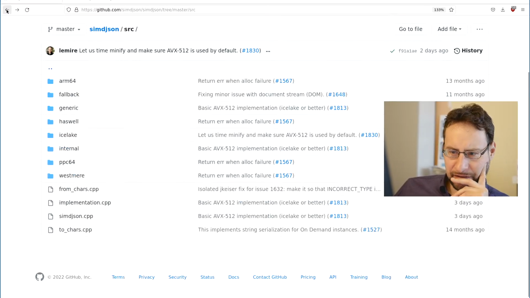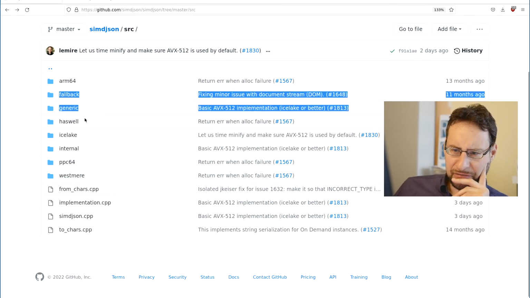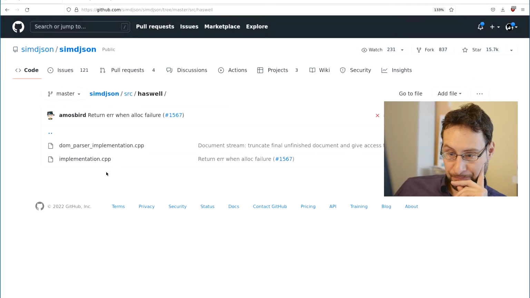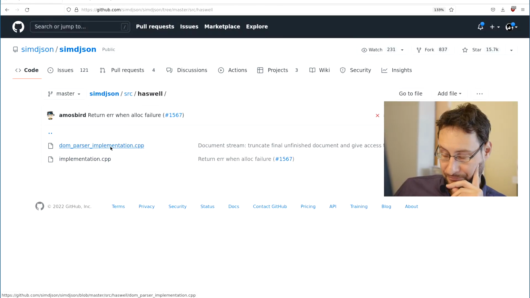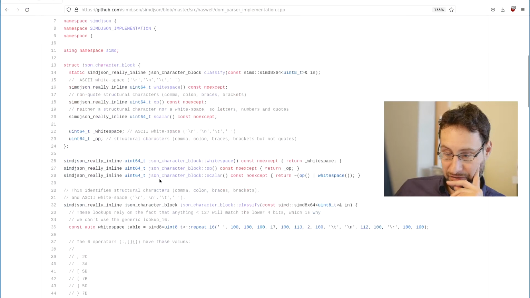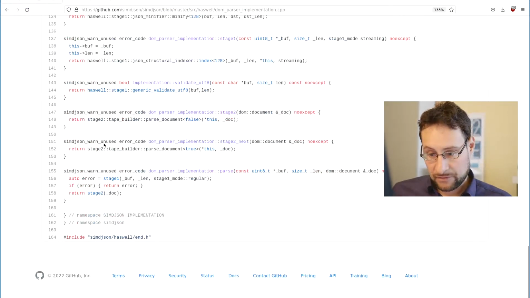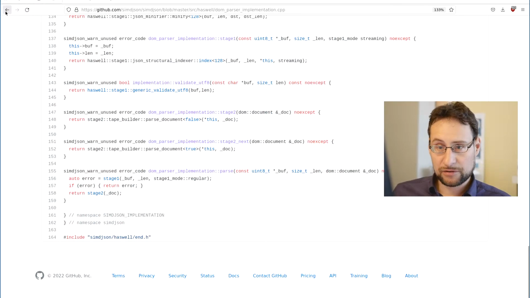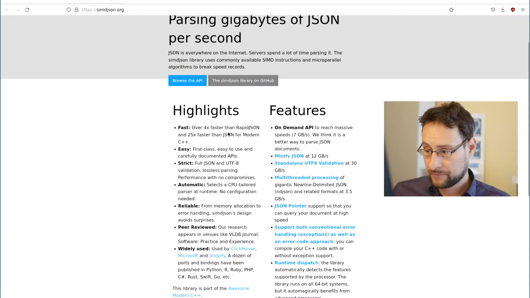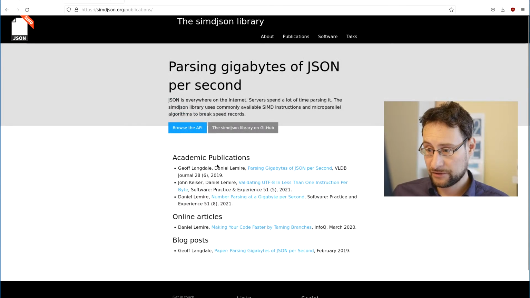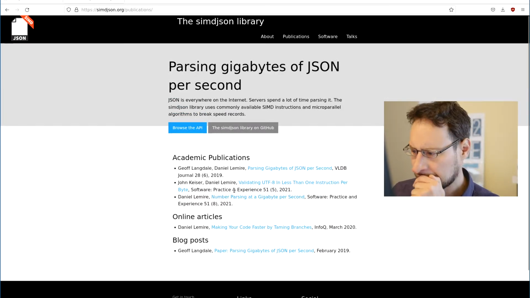Funny that they have PowerPC but not ARM. By the way, I'm not the greatest fan of this Haswell naming, because I would name this SSE or AVX or so. But yeah, the code is actually pretty small, I think, at least. Maybe we should take a better look at the publications.